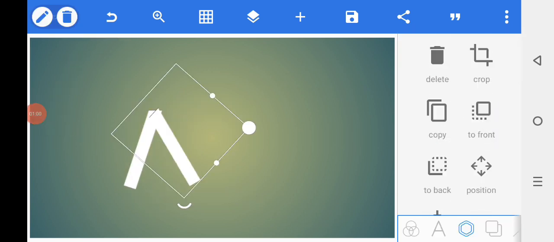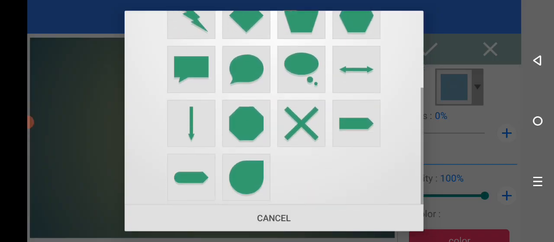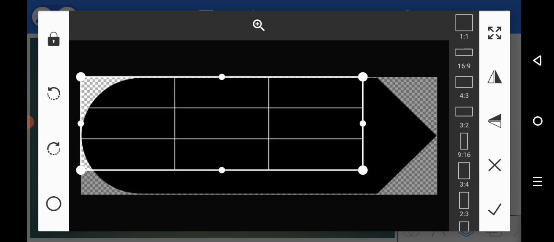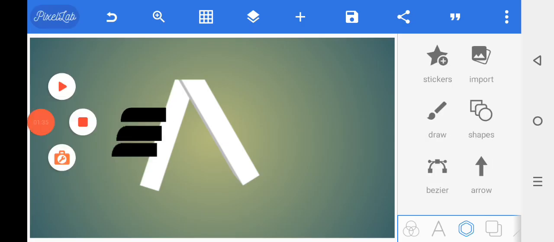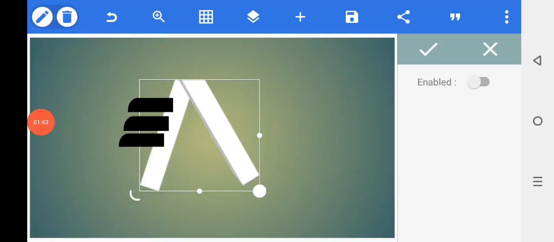the shape, select the crop option, then select the shape button, adjust the shape, change the color to the color option, adjust the color, crop the shape with the crop option, copy the shape with the copy option, save the shapes with the save button, adjust the save confirmation, change the color with the color option, enable button down, adjust